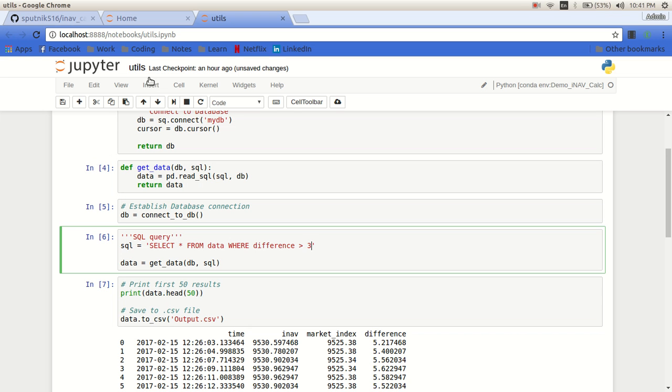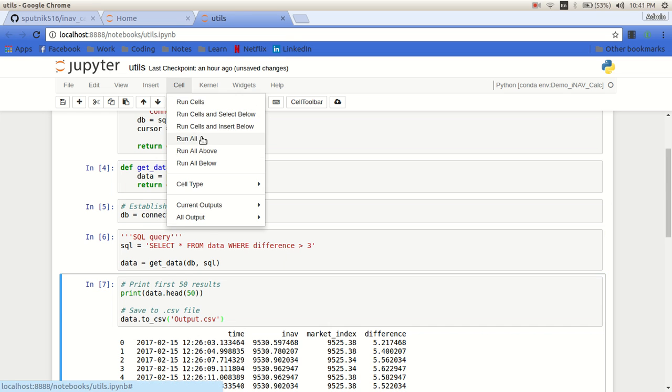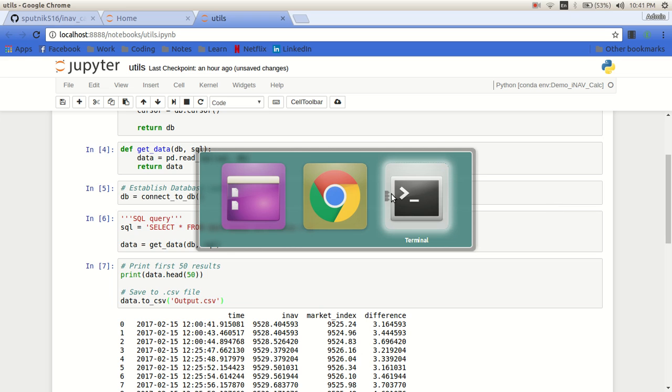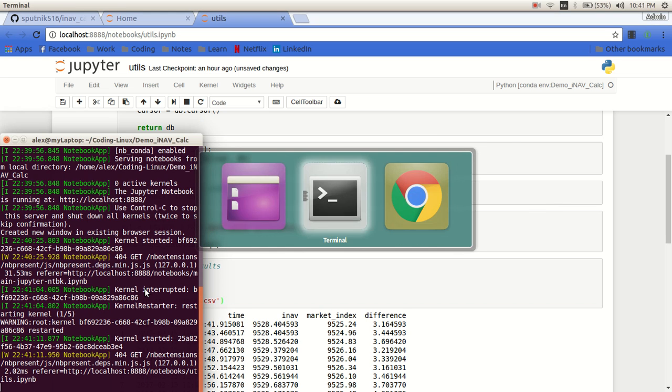So if we go ahead, and then also we want to save it to a CSV file. Okay, so we go ahead and run this. Okay, done. So now if we open up Excel,